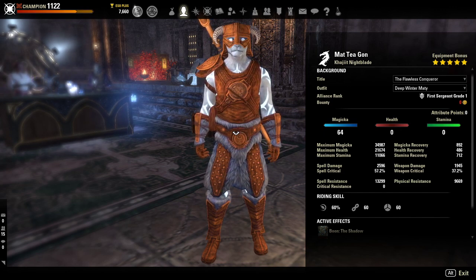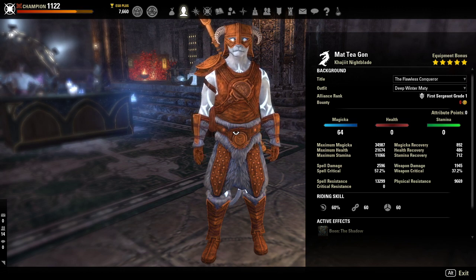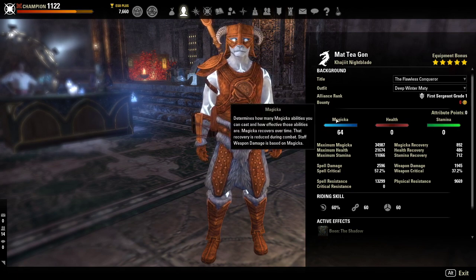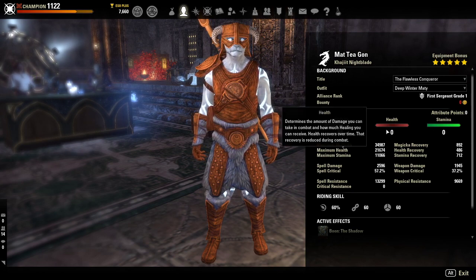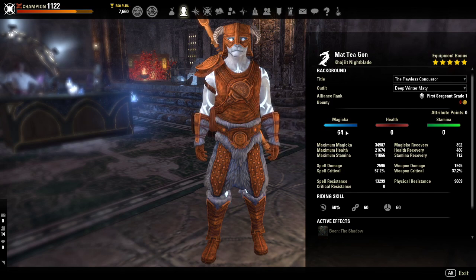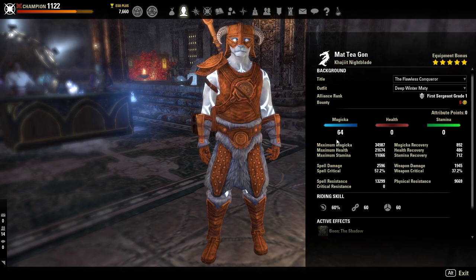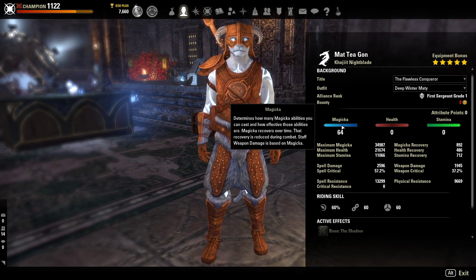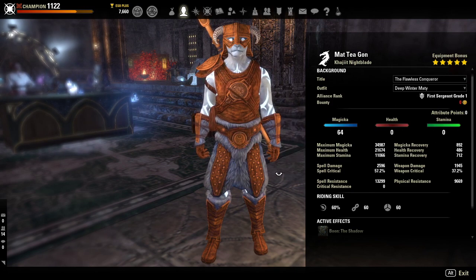After you have picked what class you're going to be, Nightblade or Templar or Warden or whatever, the next thing you've got to do is figure out, am I going to put points in the Magicka or am I going to put points in the stamina? You could also have points in health, but those are usually for specialized tank builds, which I don't know a lot about, so I'm not going to discuss that in this video. But the relationship of where you put your points, either Magicka or stamina, is determined by the weapons that you